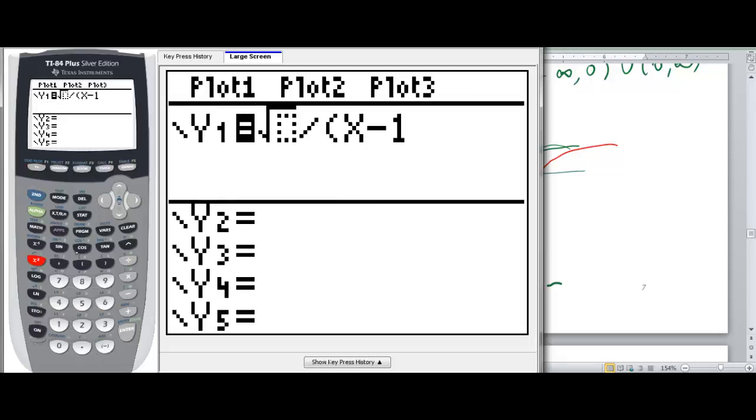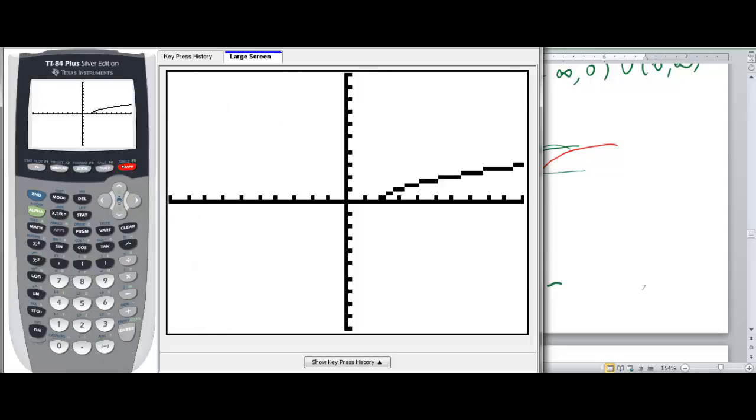Square root of z, well, we don't have z, we have x. We have to clear first. Square root of x minus 2, and then graph it. Okay, so you can see it starts off at 2 and goes all the way up till infinity for the